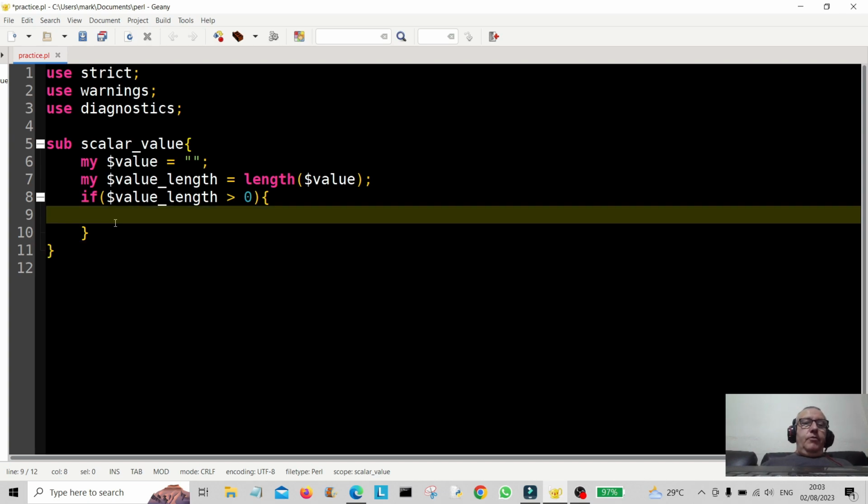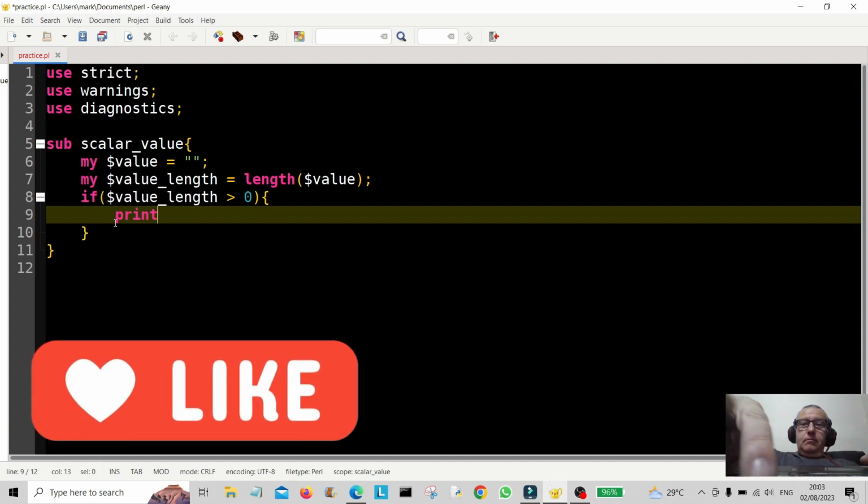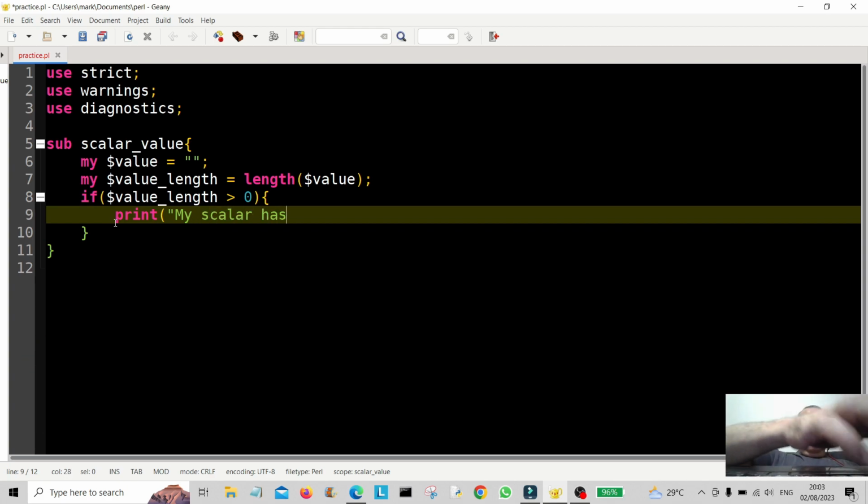We're going to print my scalar has some value attached to it, new line,